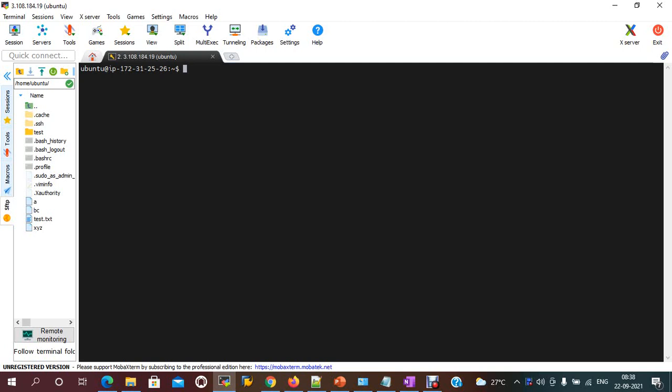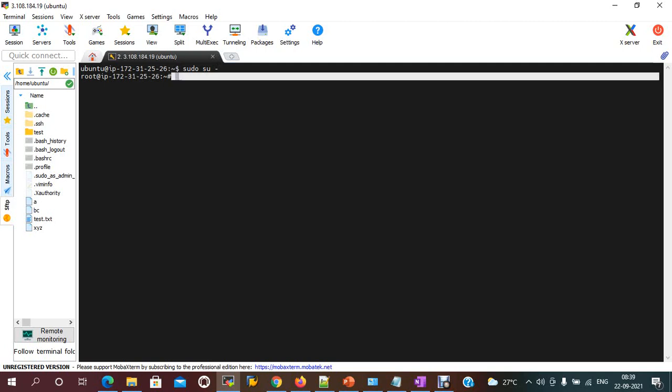To know whether we are the normal user or the root user, this is the symbol. If it is a dollar symbol, that means we are the normal user. If you need to switch to the root user, the command is sudo -su, and if you see the hash symbol, it means it is a root user.